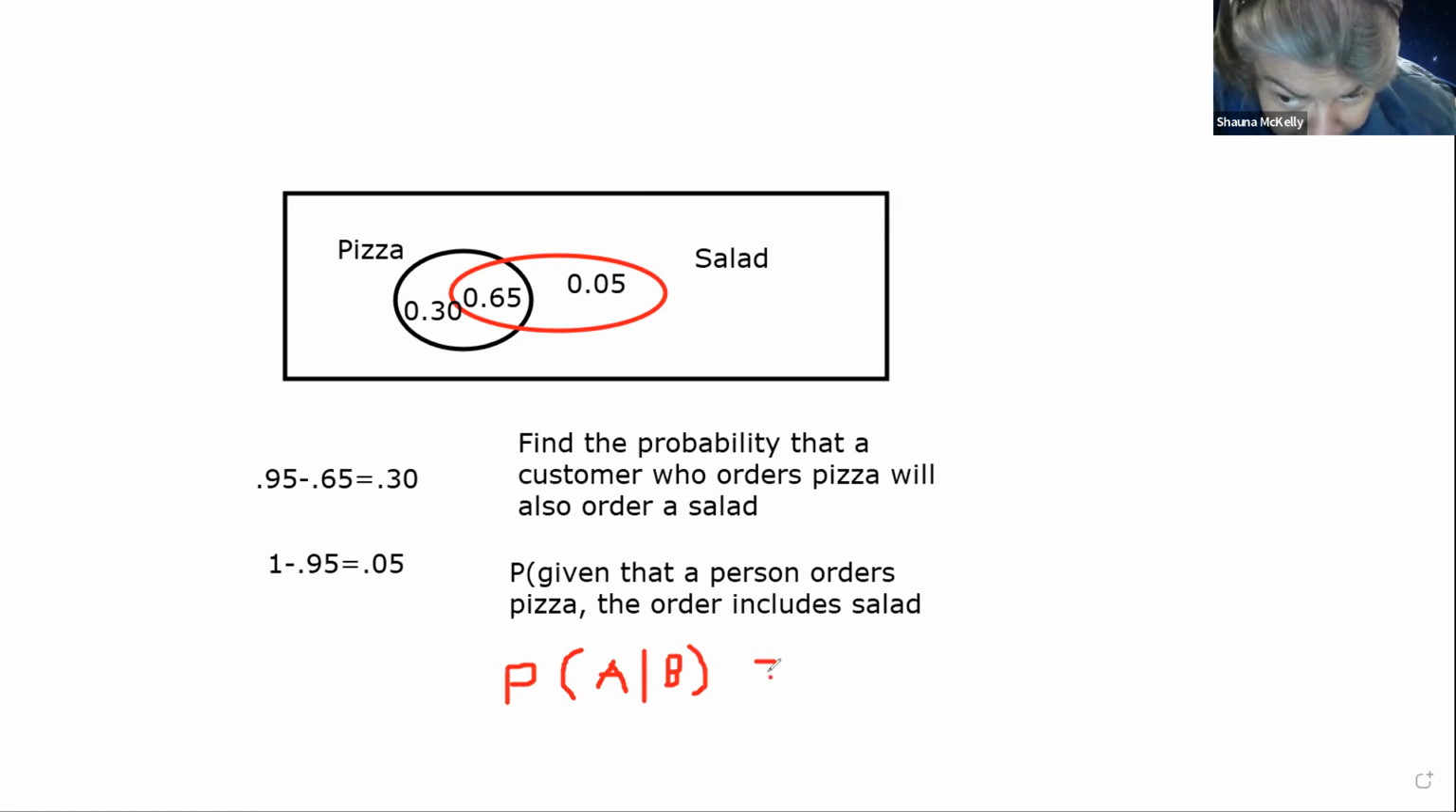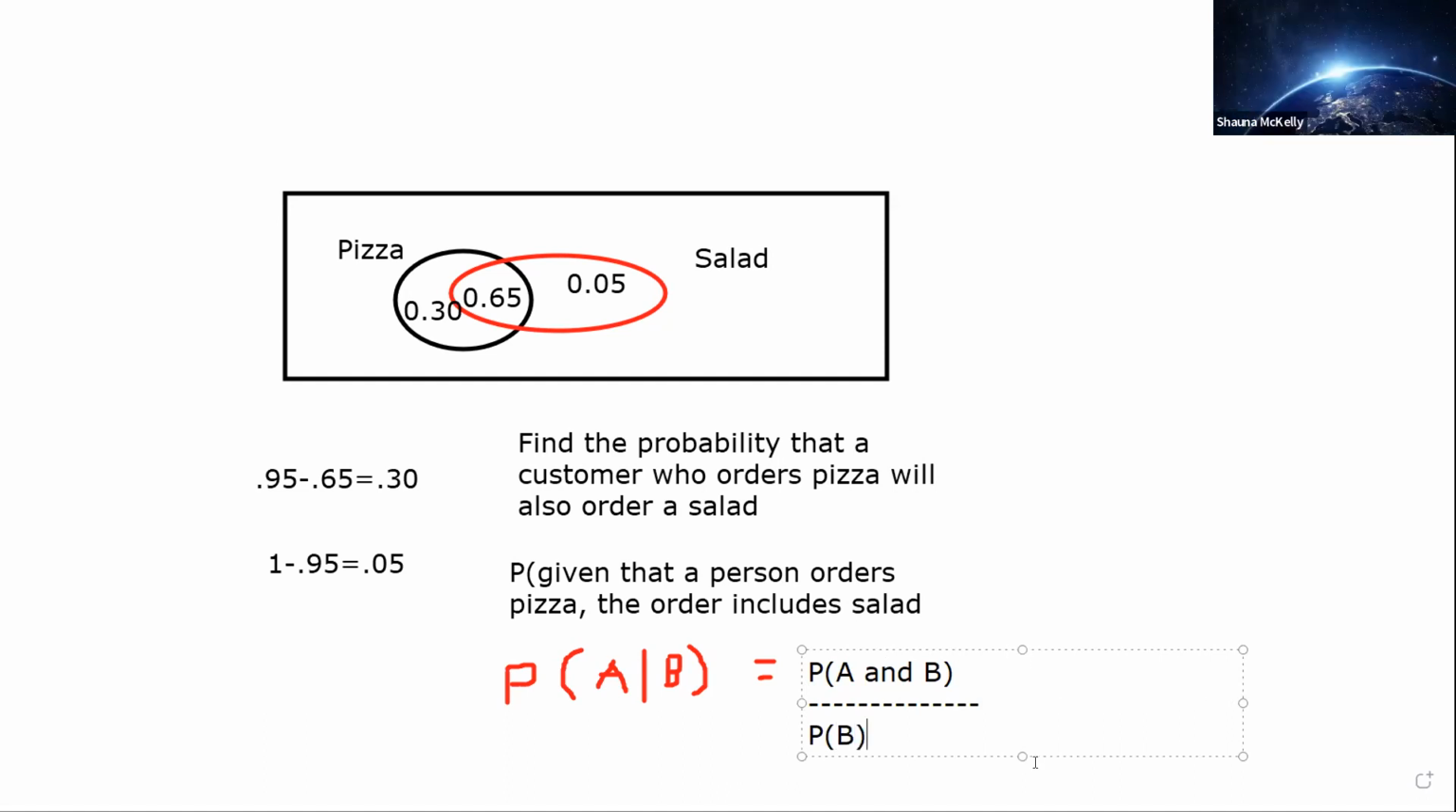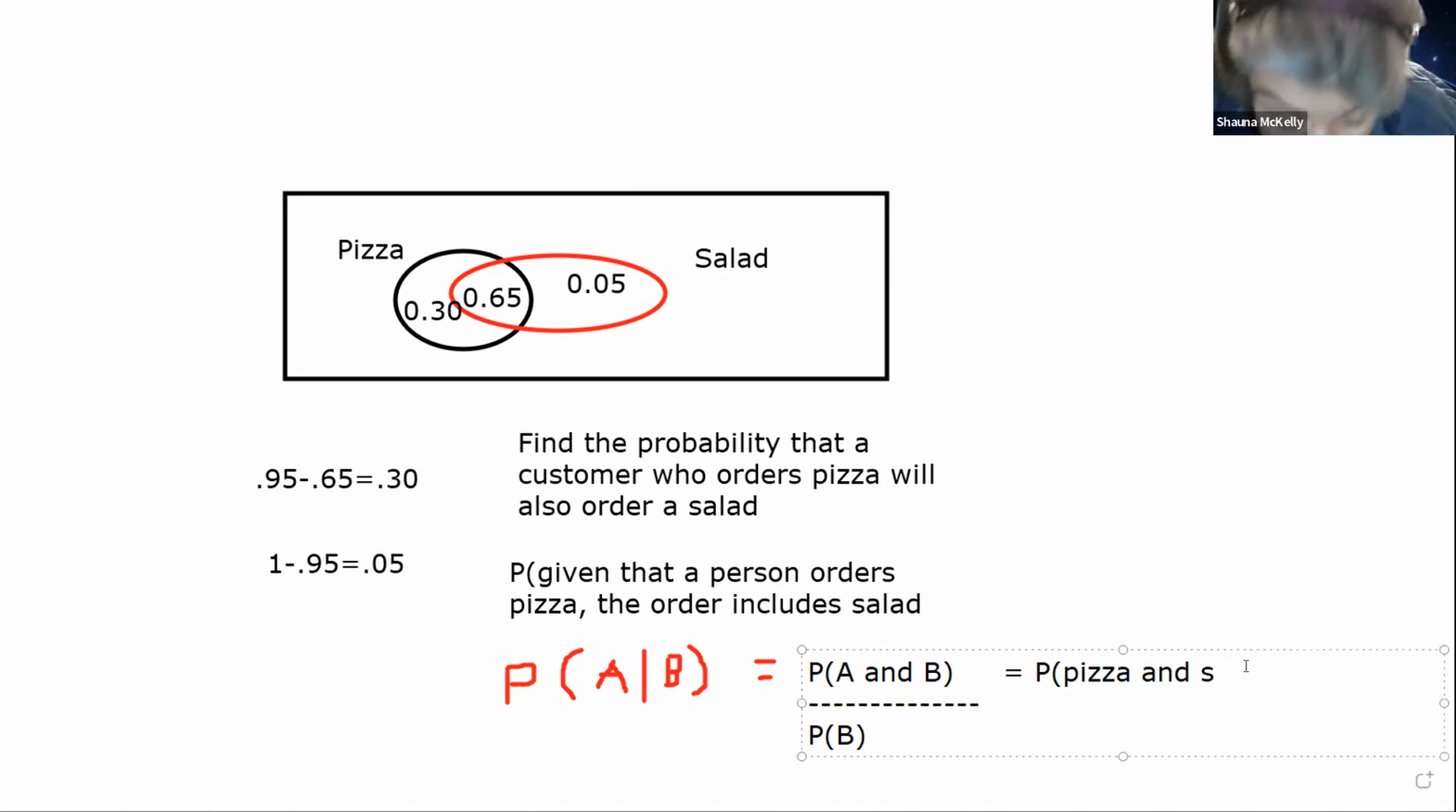the probability of A and B. So this is the probability. This is equal to the probability of A and B, which is that middle overlapping portion, divided by our restriction, which is, in this case, probability of B. Now, what does that mean for this problem? That means the probability, in this case, would be equal to the probability of pizza and salad, right? Which we know what that is. We have that element, right? This is the probability of pizza and salad